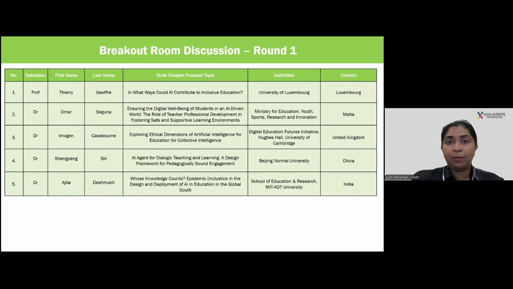Now, I'm going to stop sharing my screen and create the first breakout room. Okay, so we have 5 rooms for this round, and allow me to share this information in the chat box very quickly. And now I'm going to open the room, and then you will have 28 minutes. So the information is in the chat box. And now the rooms will be open. Please, for all the other fellows, you have to look for the breakout room options in your screen and then join.